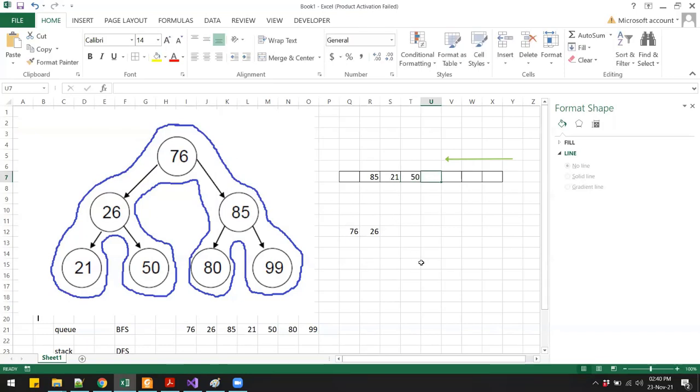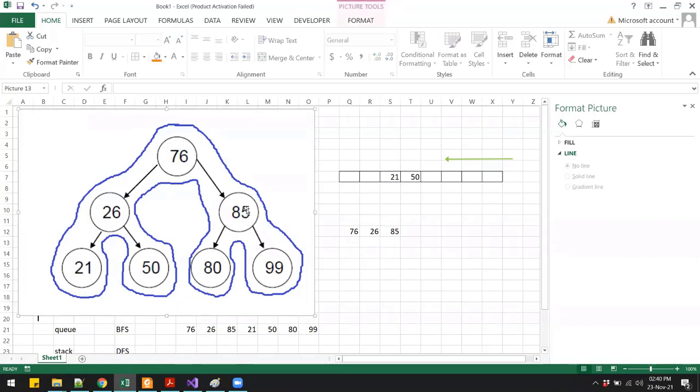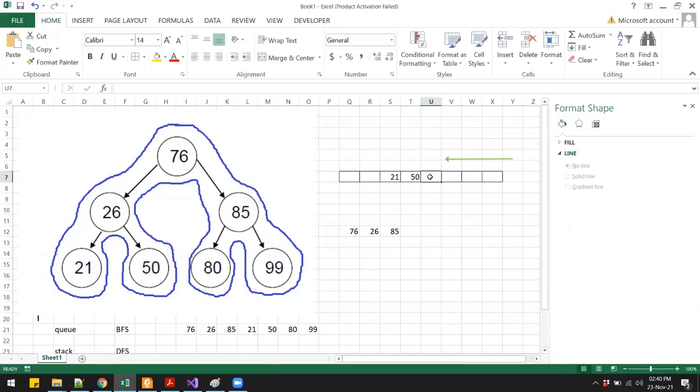Then once you are done, then you will dequeue. So you will remove 85, right? So this 85 is out, and then you will go to the node with the value 85, which is this one, right? And then enqueue the left and the right child. So you will enqueue 80 and 99.